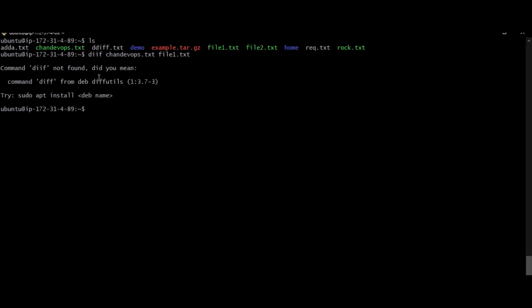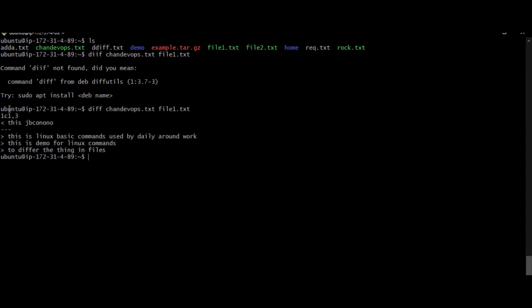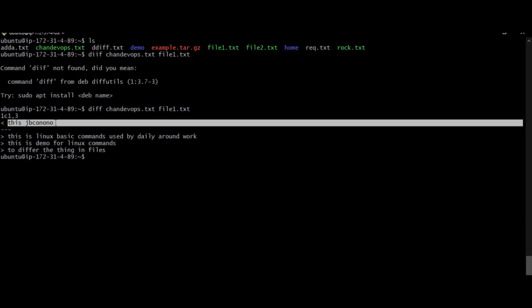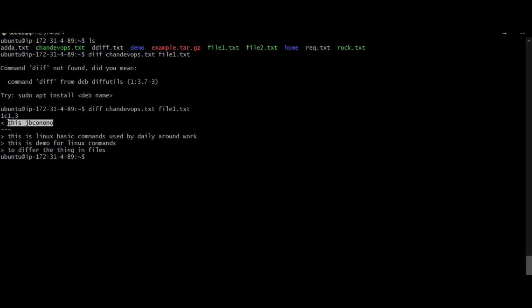diff. Okay, my typo mistake. diff. See, in file1.txt I don't have this content. That's why it's shown with the less than symbol, because first we gave chan-devops.txt and the next one is file1.txt.